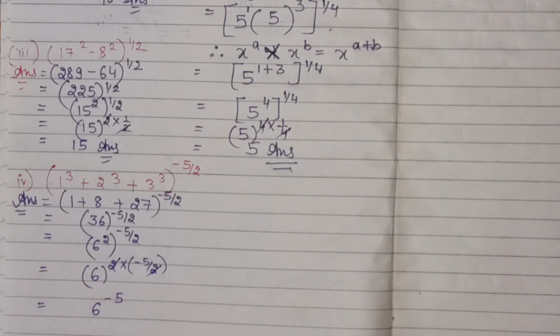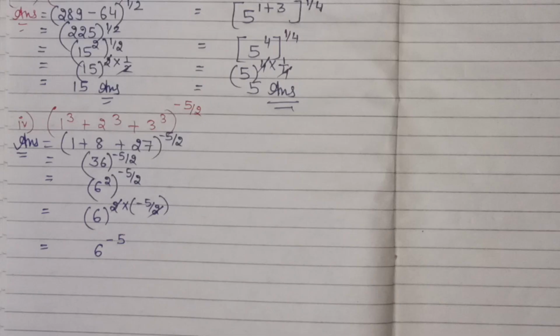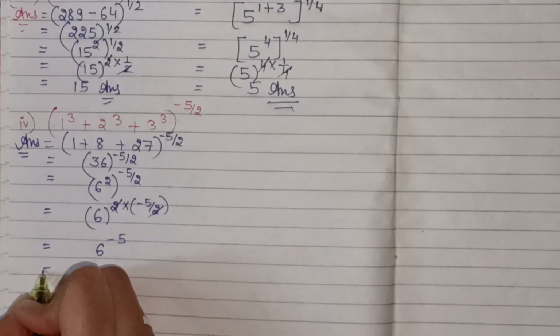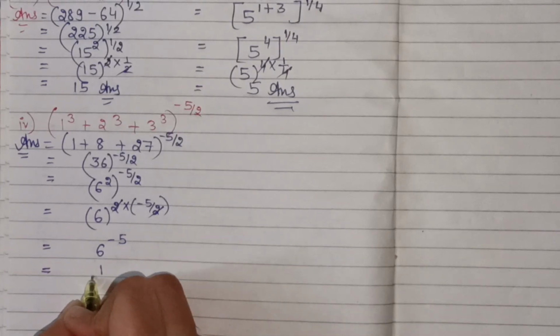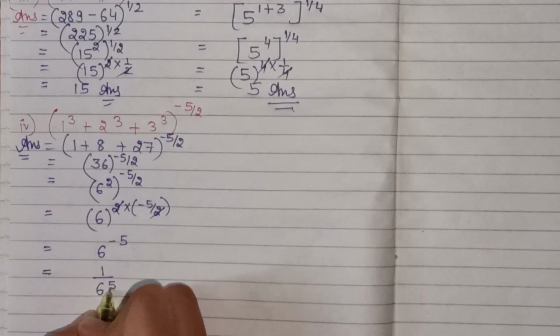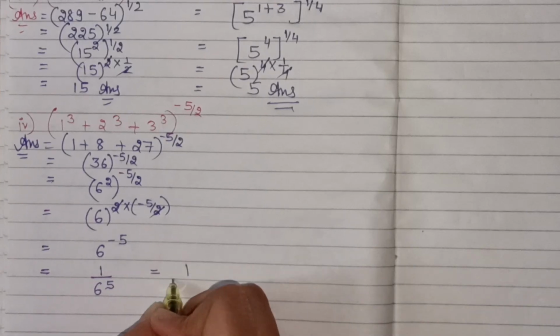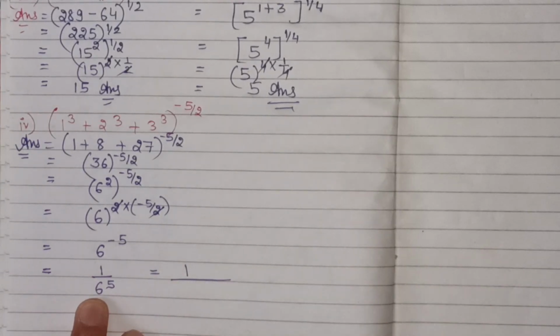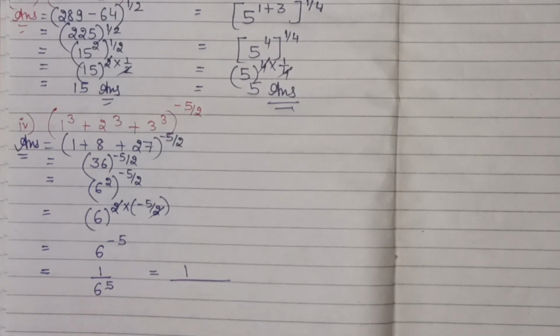Here we have the negative exponent. Now we can change the negative exponent into the positive exponent. Now I write this as 1 upon 6 raised to power 5, which is equal to 1 upon, here 6 raised to power 5 means we multiply 6 five times. 6 multiplied by 6 multiplied by 6 multiplied by 6 multiplied by 6, which is equal to,